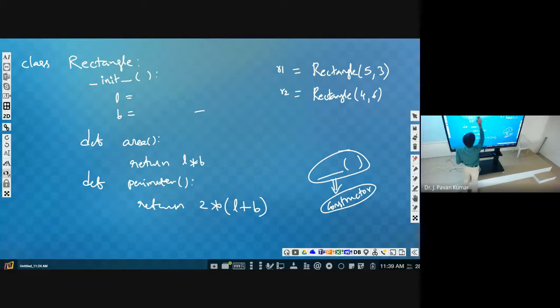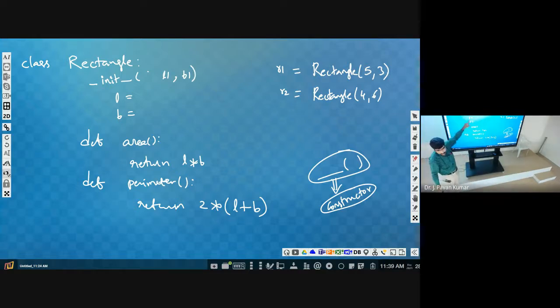Two arguments we are passing, so we will have two parameters. Let us consider them as L1 and B1.